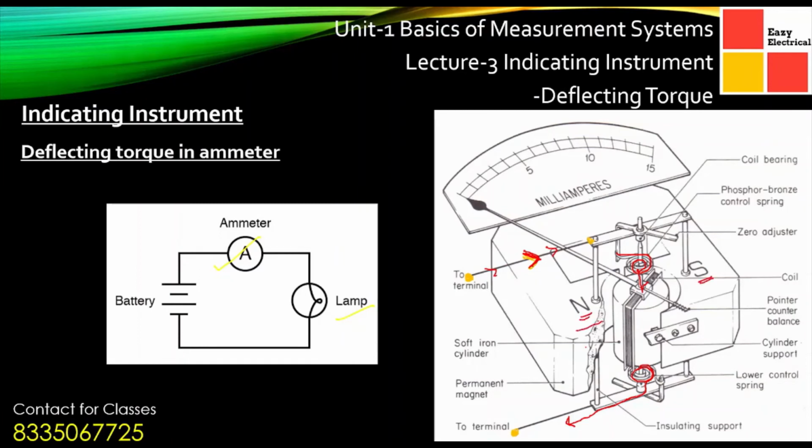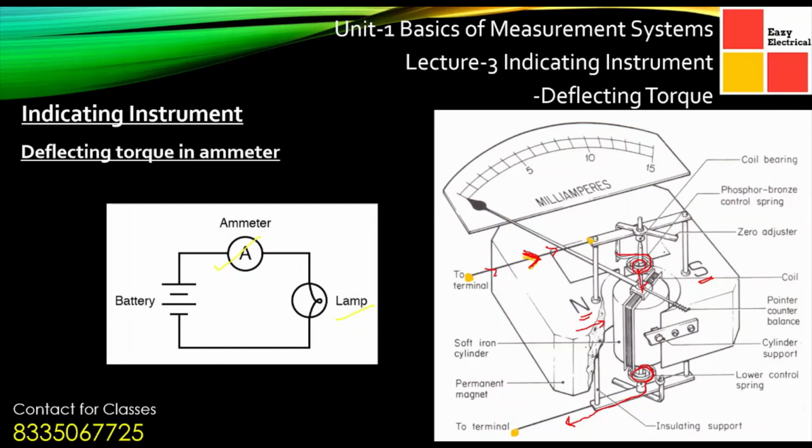From north pole to south pole the flux lines are flowing in this direction. Now here you can see a typical arrangement of how the pointer is mounted. Here you can see the coil, and above that coil the pointer is mounted. The zero adjuster is a system which adjusts the final deflection or the zero reading with the meter reading.